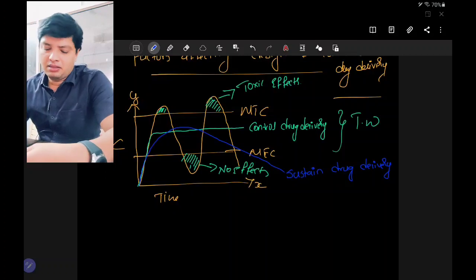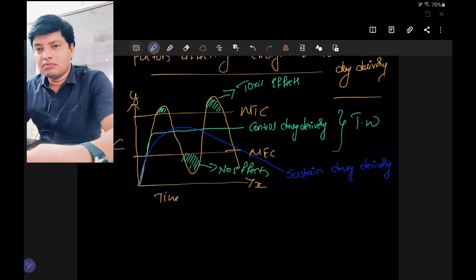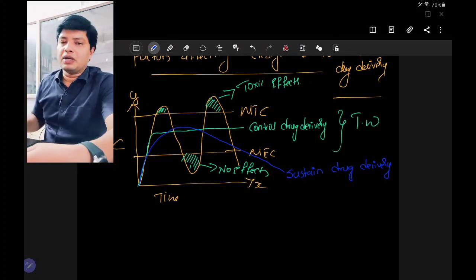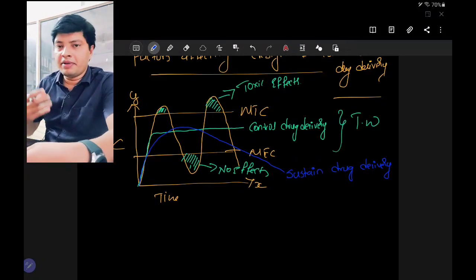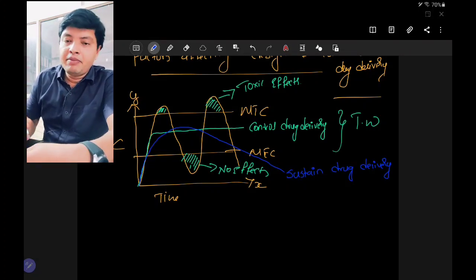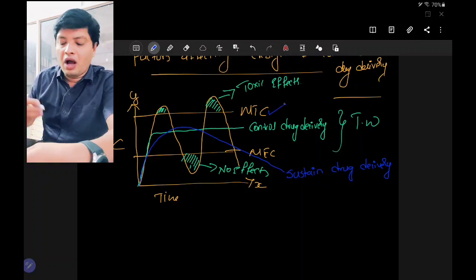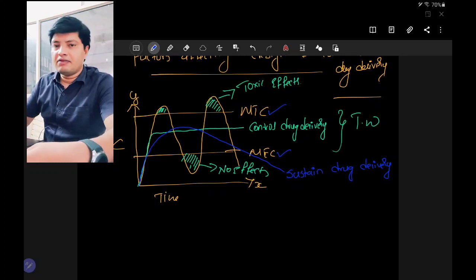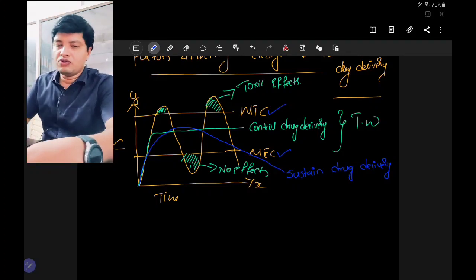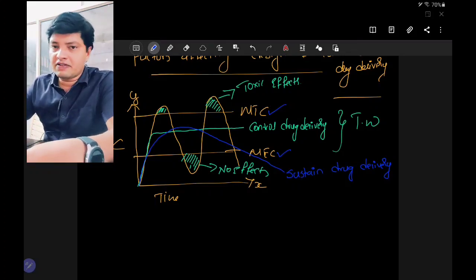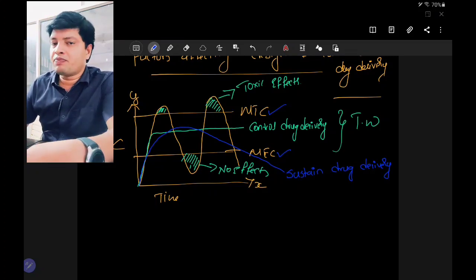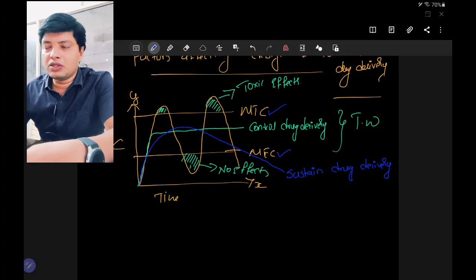So the rationale behind producing a controlled drug delivery system or sustained drug delivery system is this. Because we have a problem in conventional dosage form, that is either the concentration is going beyond the minimum toxic concentration or the concentration is going below the minimum effective concentration, which in either case is not useful for the patient. So to increase the safety, to increase the efficacy and also to increase the lifespan of a drug, or you can say dosage form.